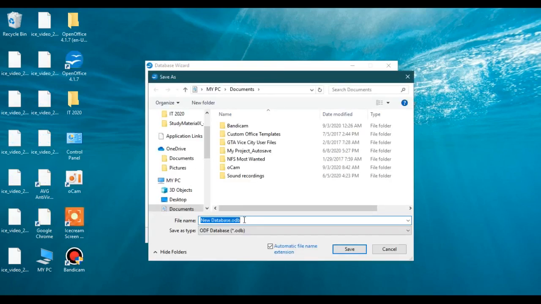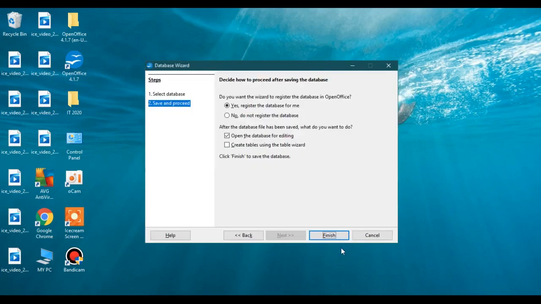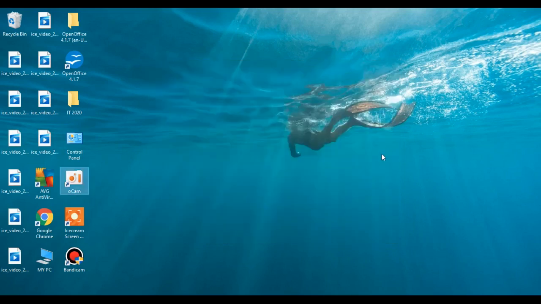I'm going to give the name as employee. So my database name is now employee. Then click the save button. Then click finish. The employee database is now opening.